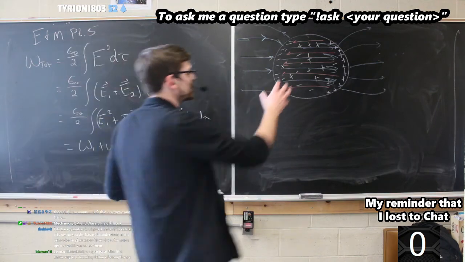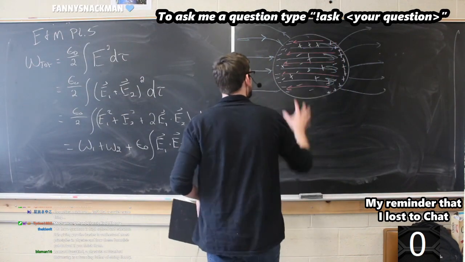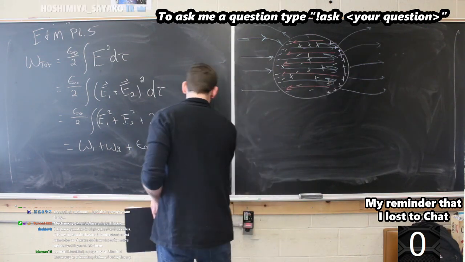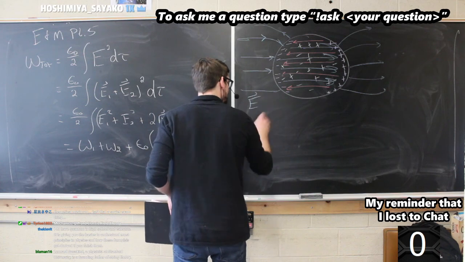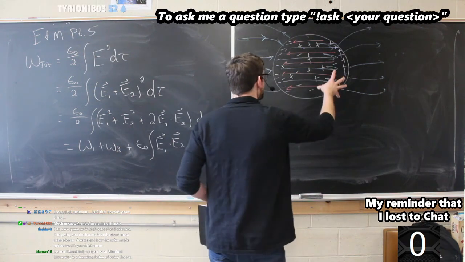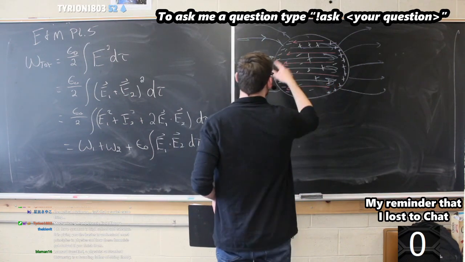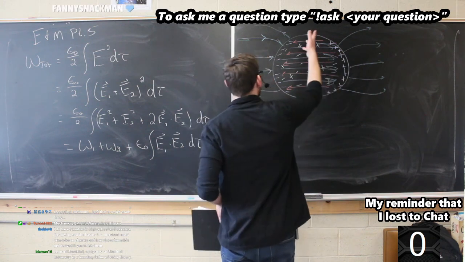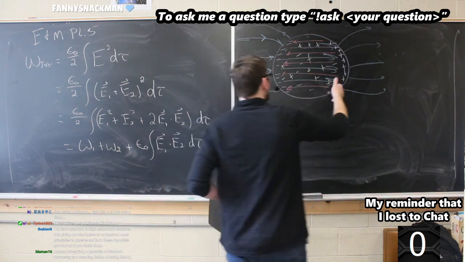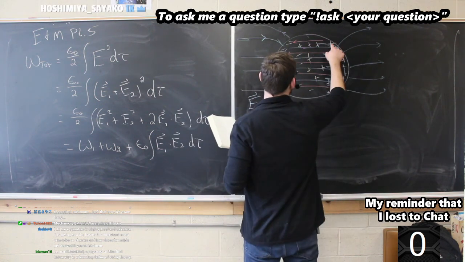The cool thing is you'll always get exactly enough charges on the surface here to cancel the electric field that's going through it. So the blue electric field is this external one that goes like this, and these charges are going to ride the electric field lines in the ways they want to. We always have the positives ride it with the electric fields and the negatives ride it against it. So the electrons, or the negative charges, are going to line up on this side of the conductor. The positive charges will line up on this side of the conductor, and then there's going to be an electric